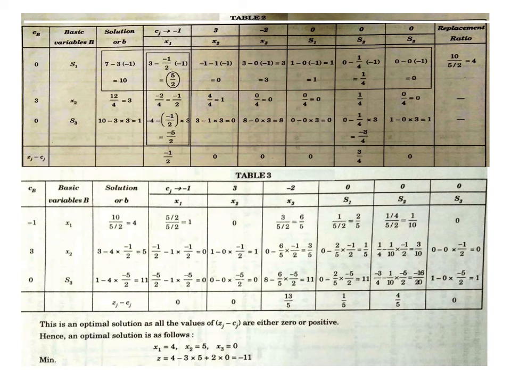Now you can see that table 2 is written again, and using that table 2, S1 in table 2 is replaced by X1. Cost of S1 was 0, so cost of X1 is now minus 1. And how we created table 2 from table 1, a similar pattern is used to create table 3 from table 2. And after doing that, all values of Zj minus Cj are calculated as you can see, 1 into minus 1 plus 0 into 3 plus 0 into 0,